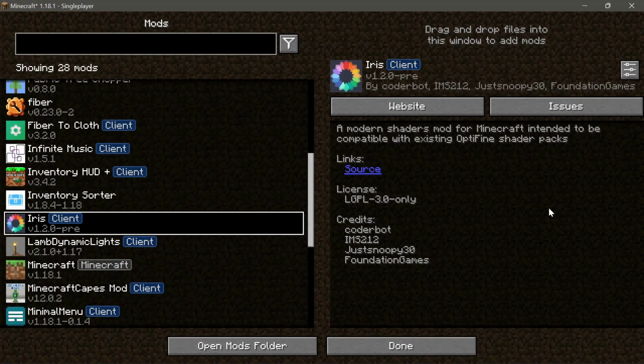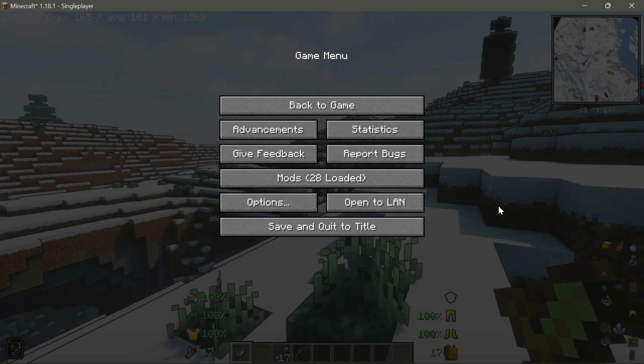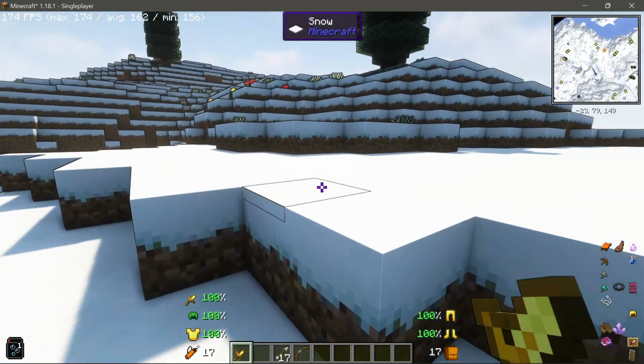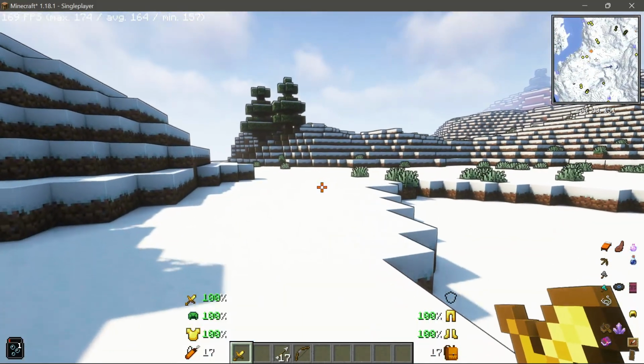Alright, so the first mod that I would recommend you guys definitely do get is called Iris, and this is actually called Iris Shaders. And as you guys can see, it says a modern shaders mod for Minecraft intended to be compatible with existing Optifine shader packs. And this mod basically allows us to use shaders on the Fabric mod loader platform, and it's a really cool